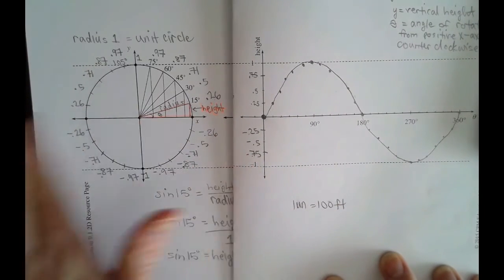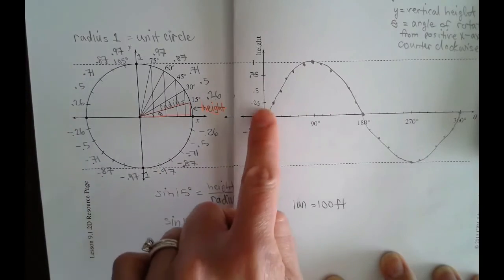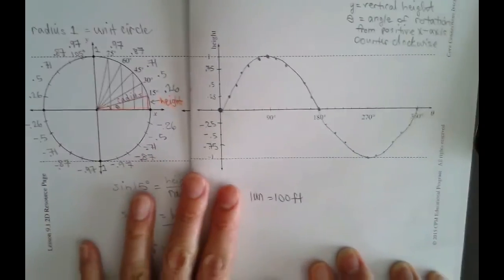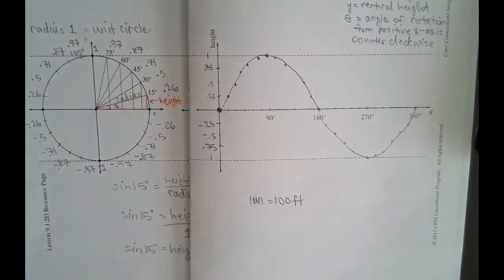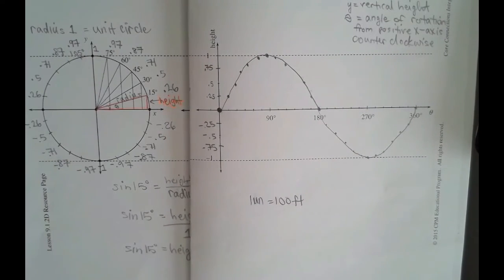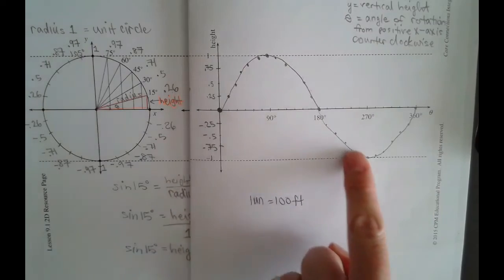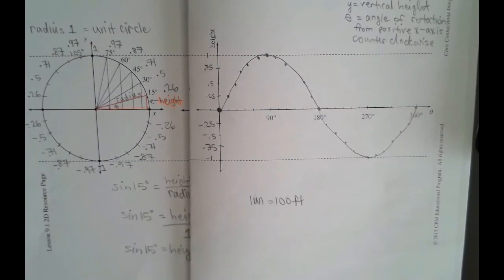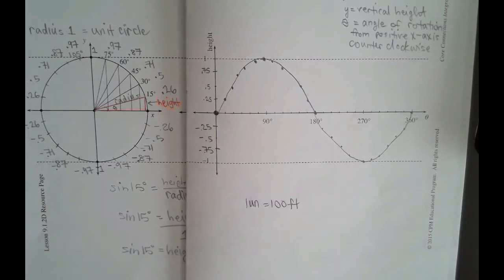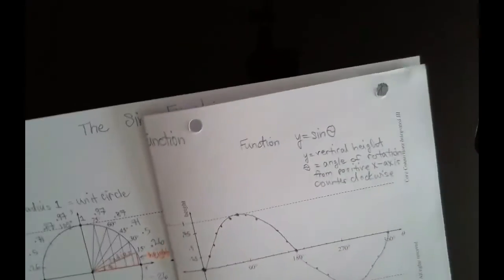I'll say more about that in a later lesson. But negative angles, then I'm going to get the sine function going this way. What I want you to get out of today is to understand the connection between the unit circle and the sine function, and to understand that this graph continues forever and makes that basic shape. And then as far as the practice goes, to use this graph to approximate different answers or outputs. For instance, and I'm going to use a different paper, but you